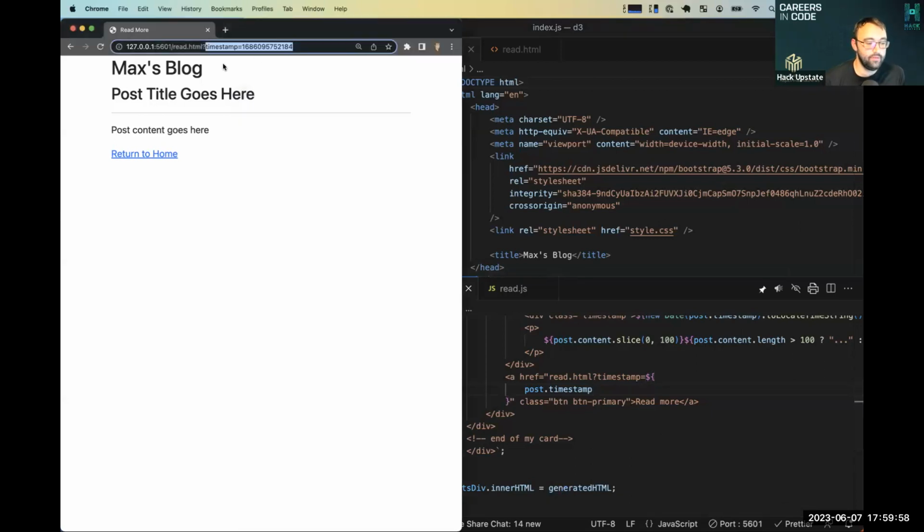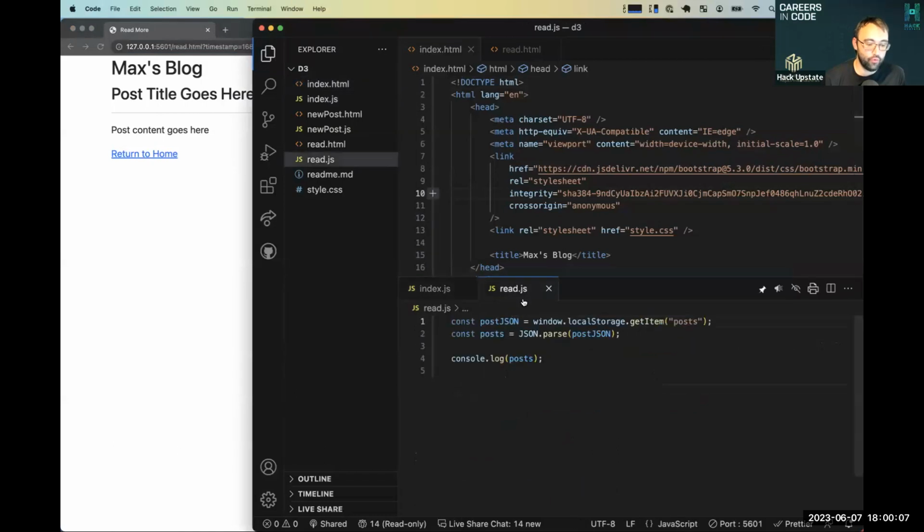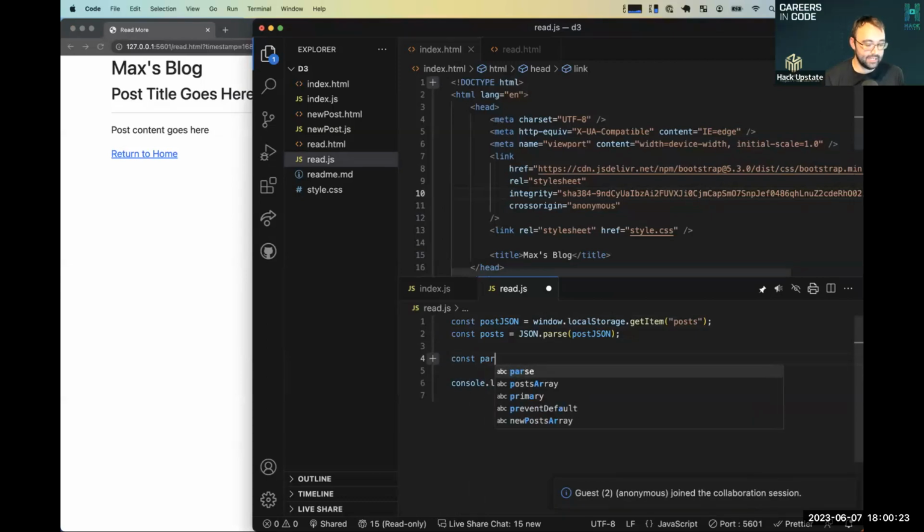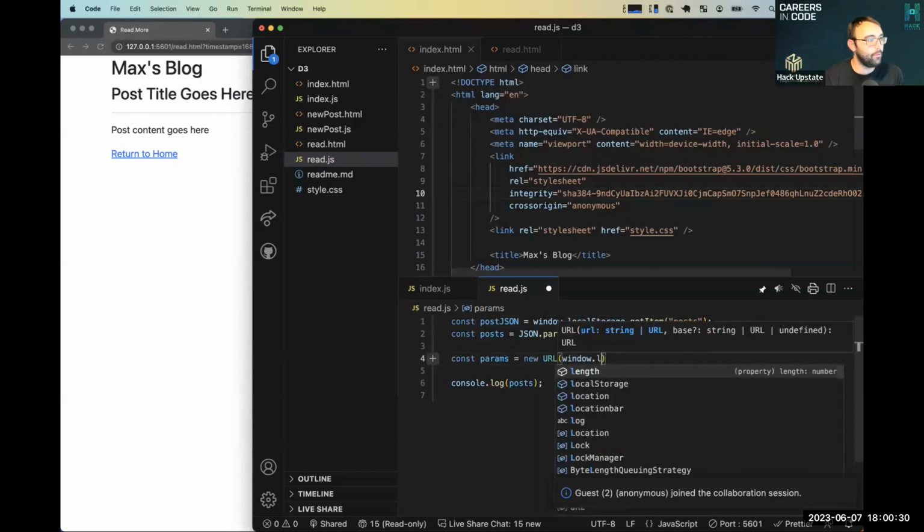Okay, well, now that we've got this timestamp, how do we access it inside our post page? I'm going to go to my read page, to my read.js, and we've got to do some work to get access to those URL parameters. So I'm going to start by saying, hey, I need access to the params. In order to do that, I make a URL from the